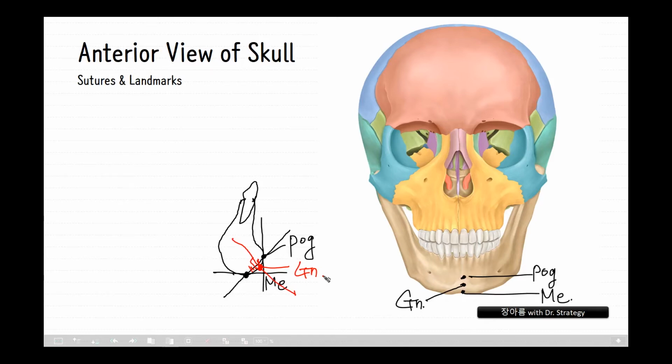Okay, the next is the infradentale, the apex of the septum between mandibular central incisors. There is a septum between teeth like that. This is the apex of septum, so in this figure we can find the infradentale here and the supradentale here,